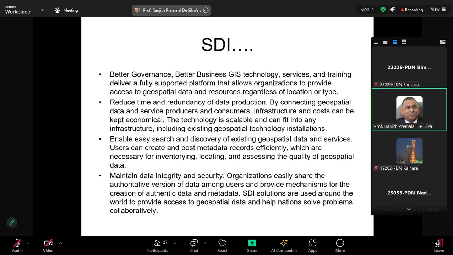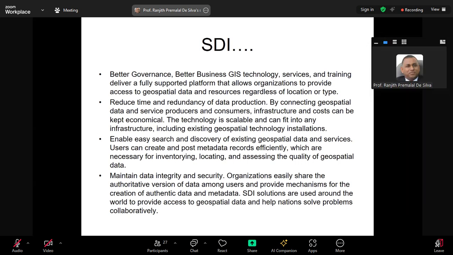You need to protect this data. When you release it to the public, people should not be able to modify it without really evaluating the accuracy of the data. So the organizations which contribute data must secure their data so that you can maintain the quality of the data. So that security part works in a number of ways. People cannot just add anything into this data, but there's always provision for improvement of data. You can improve the data, you can add value to the data, but that should be monitored, that should be controlled, and that should be more or less given proper scrutiny before people are allowed to modify. Otherwise, it will go into